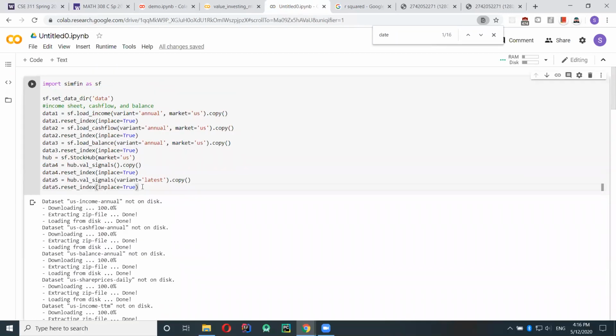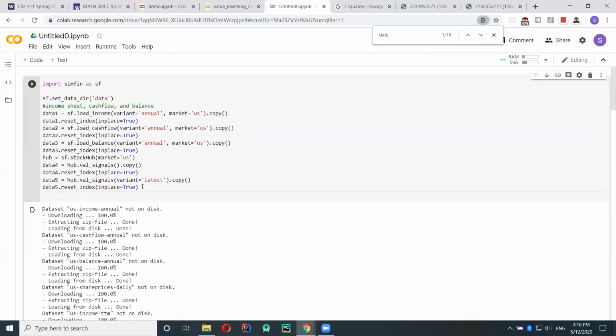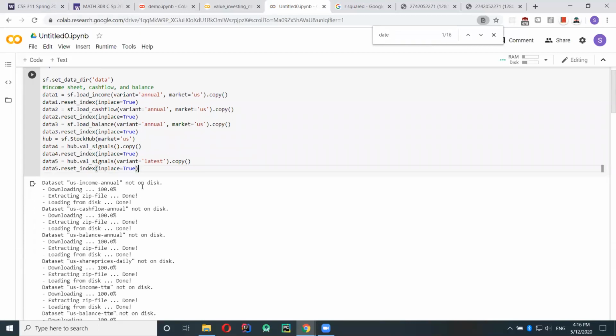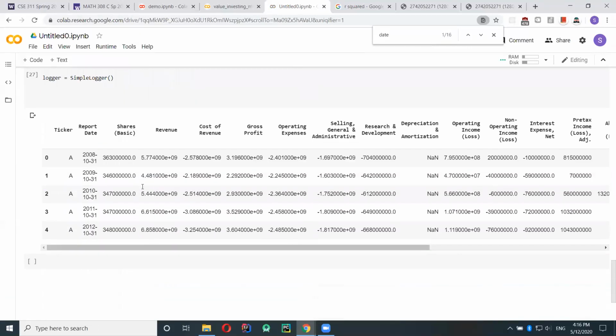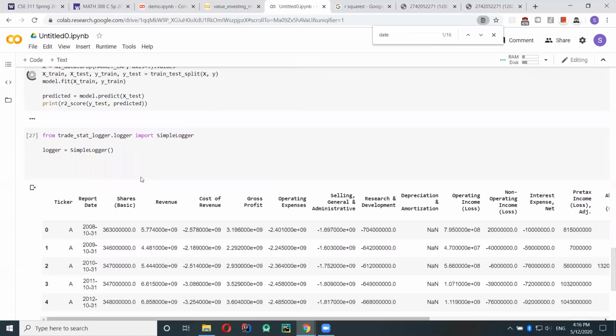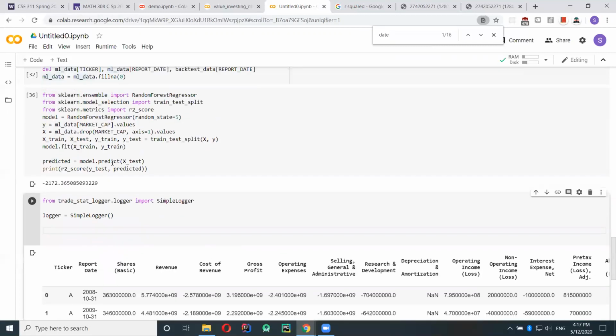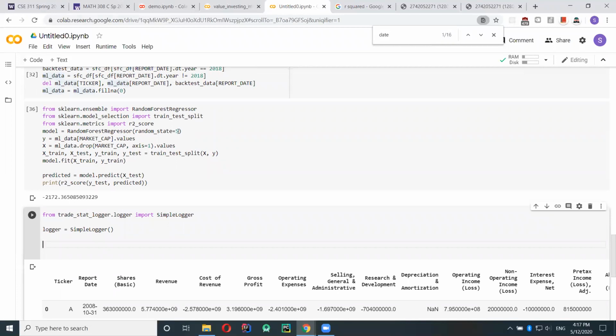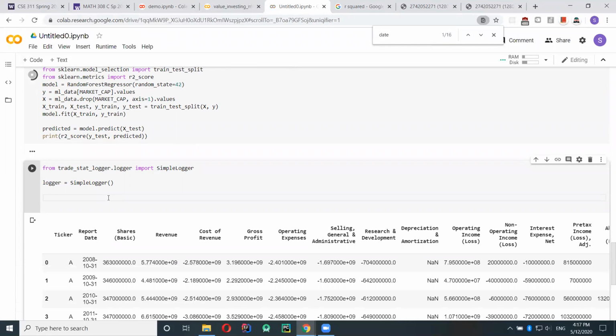And if you remember before, okay, so let me go over what we're going to do now. We're going to take the 2018 data and compute what the model predicts is a fair value for the company.